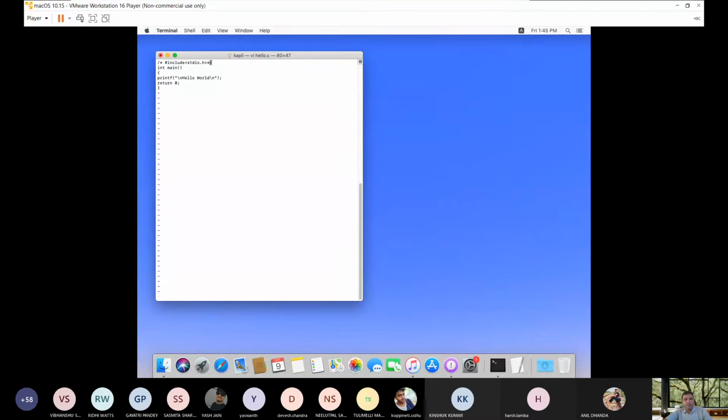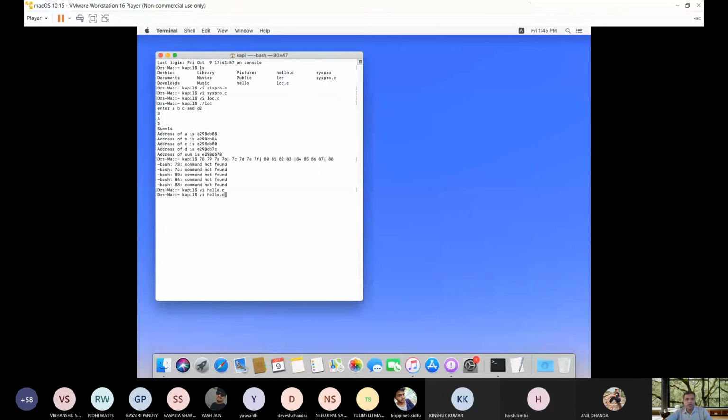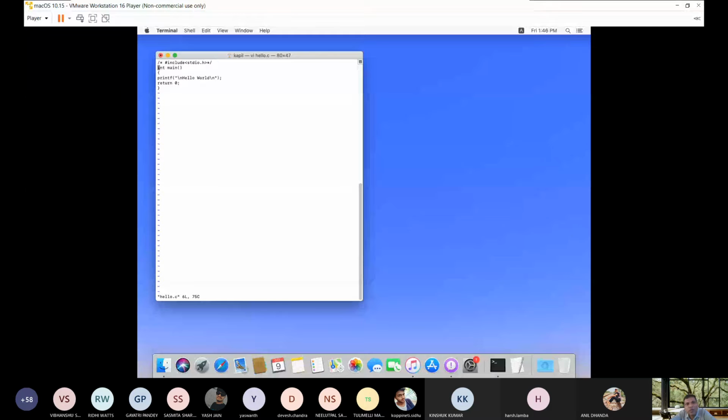Fine. I am compiling this hello.c, only compiling with cc hello.c. It is not going to produce any output file. One warning is generated, but it is not saying any error. So no error is coming there. Why? Because the syntax is correct. Let me show you one more thing. Include is very important, so I have corrected this error.